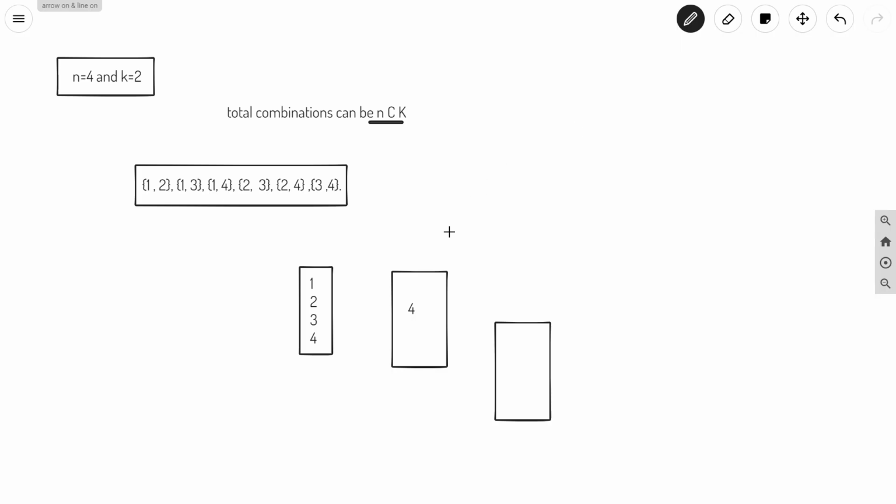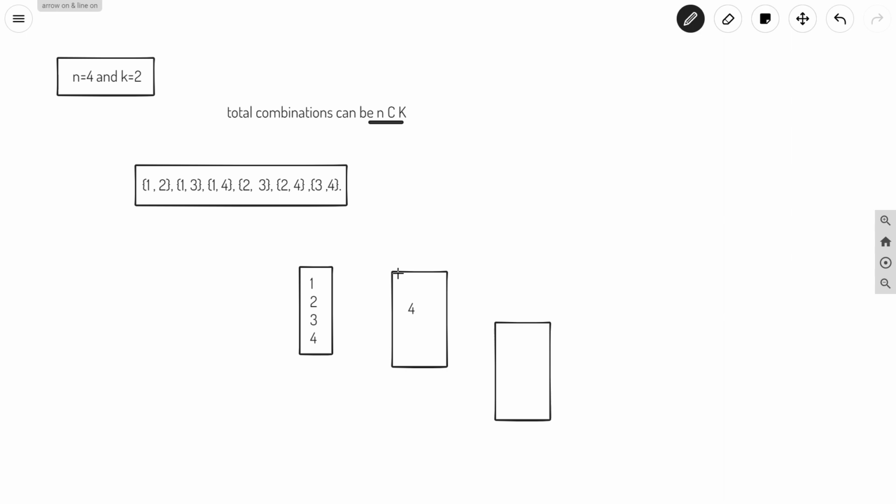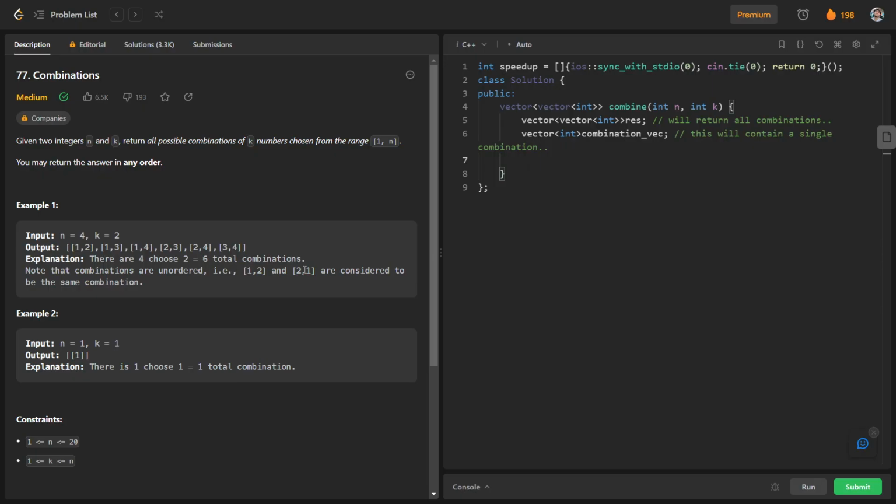We are just taking a vector with us, so we will create this vector here also: vector of integer, let's say combination vec. This will contain a single combination. What we have to do is iterate over all numbers from 1 to 4.